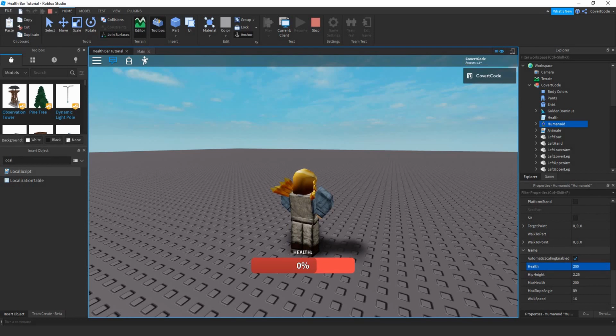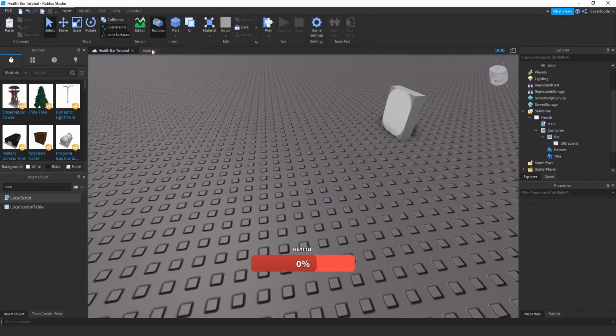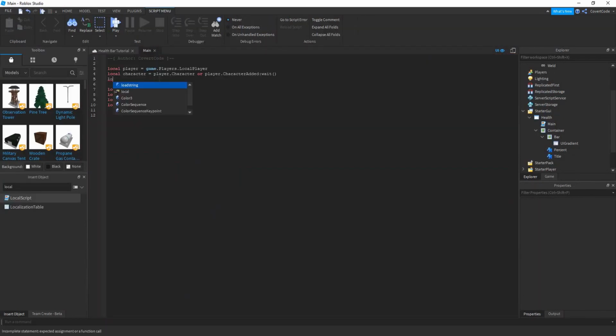So if I make this 200, now it's full. So that's what you need to know to make this. So humanoid equals character, wait for child, humanoid. What wait for child is, it waits for the humanoid to actually exist before continuing with the script. So if humanoid never exists, this part of the script never gets ran. Okay? But it should always run because there's always going to be a humanoid in your character, or else, well,